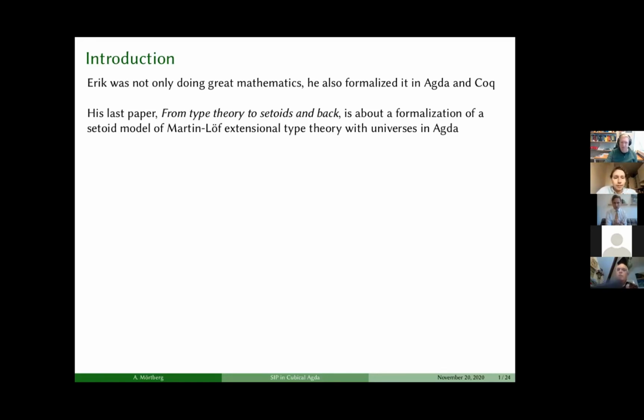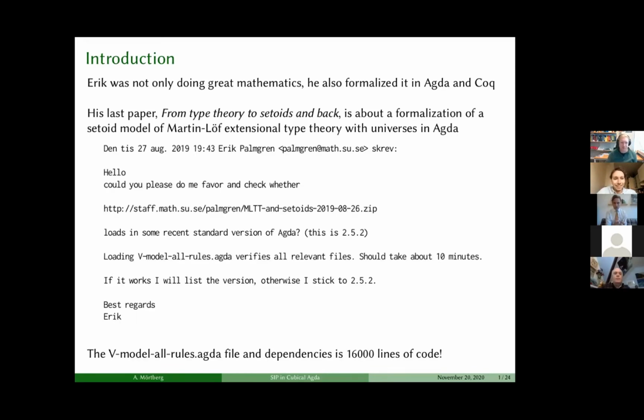So when I was preparing this talk, I was going through some old emails from Erik, trying to find the source code of this project, and I found this email from last year, end of Swedish summer in August. So he wrote to me and Guillaume Marie asking us to check whether his formalization type checked on a new version of Agda, and this v model all rules.agda file essentially imports all the important stuff, and type checking should take like 10 minutes. So we did, and it didn't really work, but